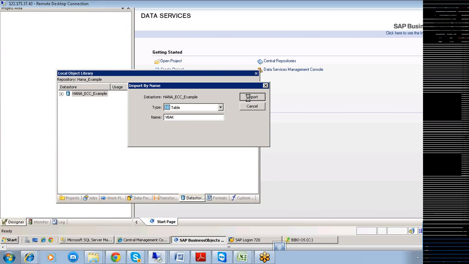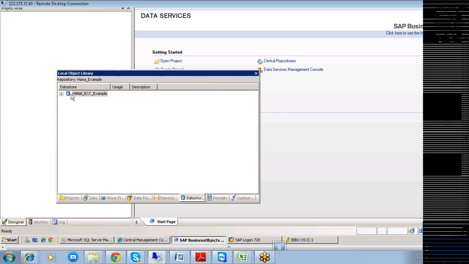We expect that table to be imported into this repository. You see here, the table has come. And what is the next one? We have VBAP and MARA.